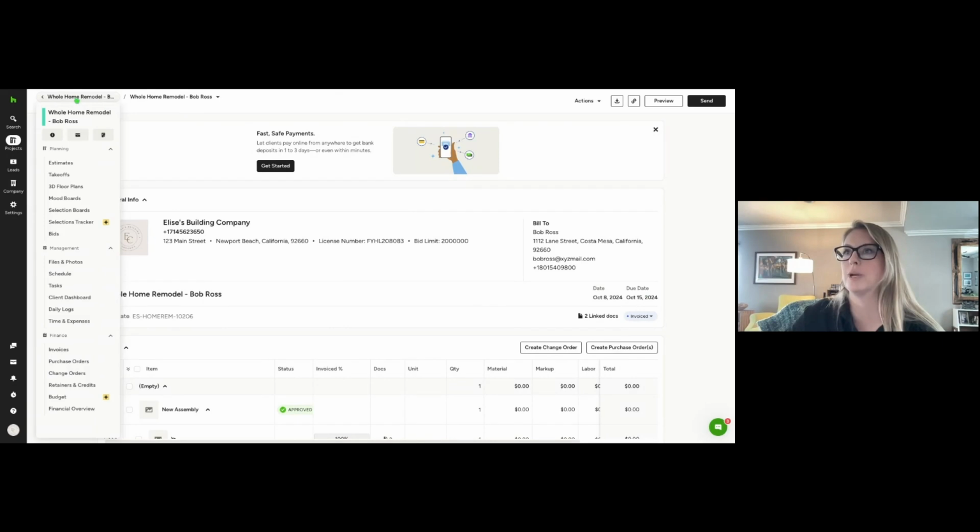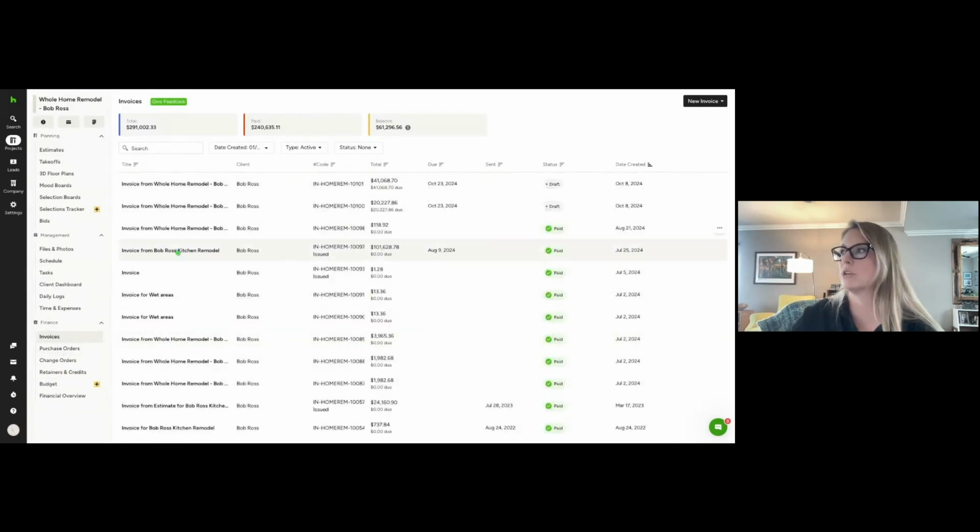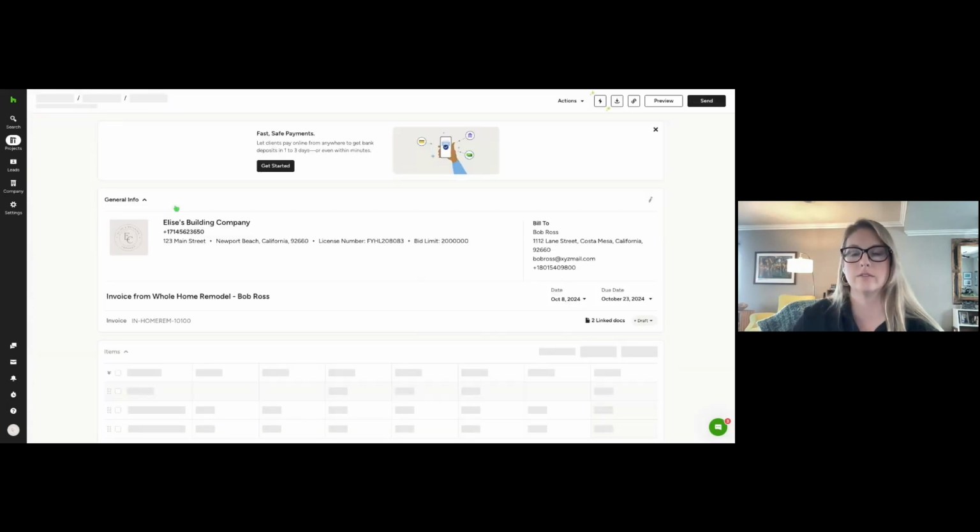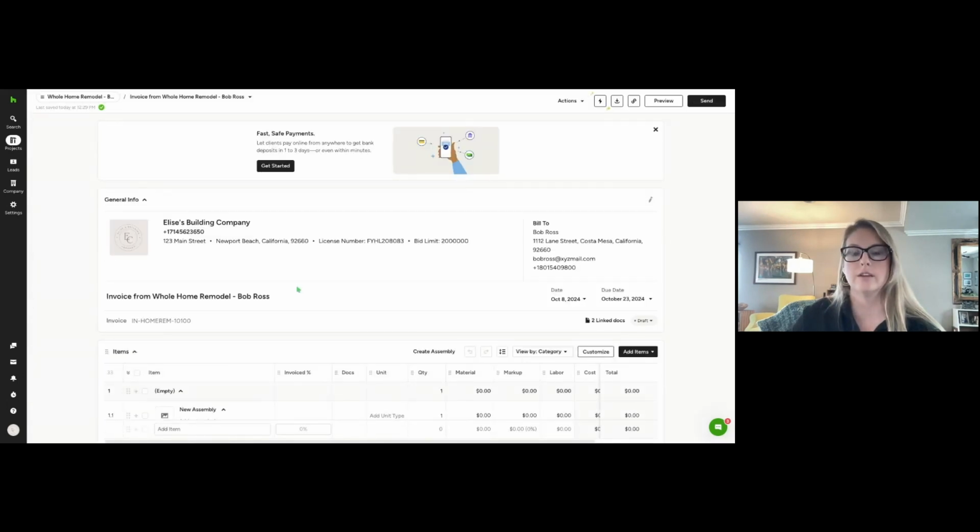Absolutely. Let me go back to my project here. And if we go to those two invoices we were just working on. And while you're in there, Scott wanted to know about progress payments. How do you log that part too? Yeah, so progress payments, I would use the progressive invoicing I was just showing, continuing to go back to the same estimate and